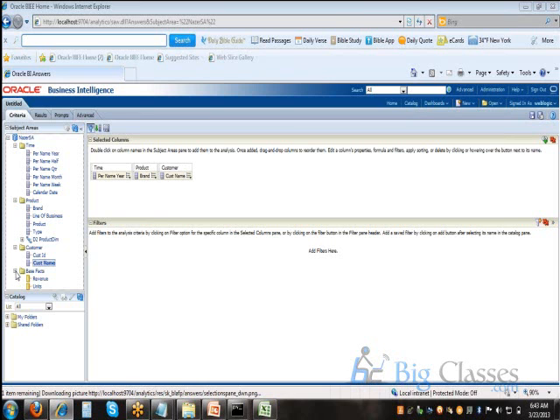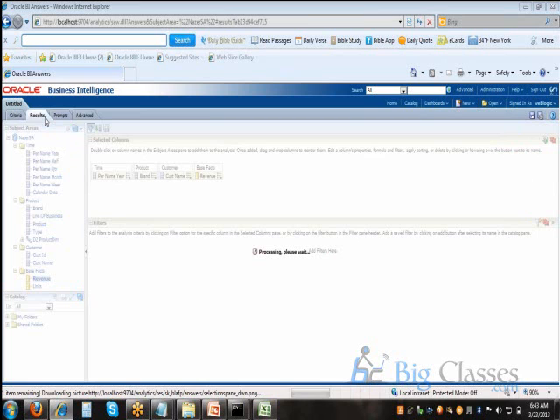The best part of OBIEE is that you are not going to write any SQL query manually. Everything will be taken care of by OBIEE itself. It is going to show you the best query it can send to the database. See here, we are selecting these columns, which are at the database level, into the OBIEE reporting environment.